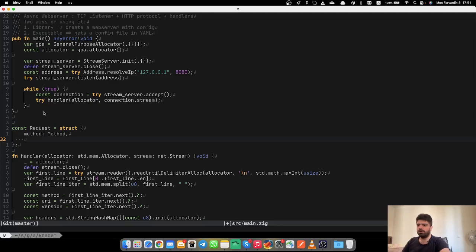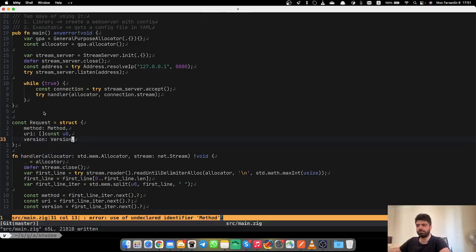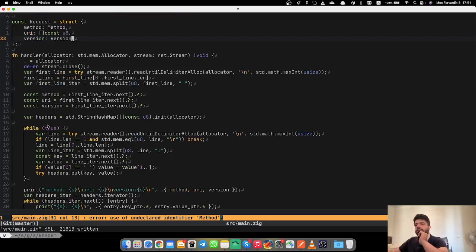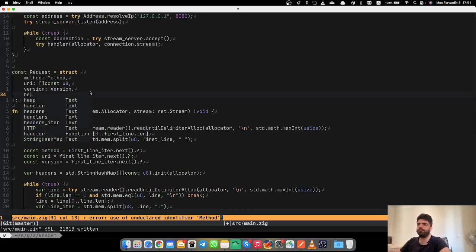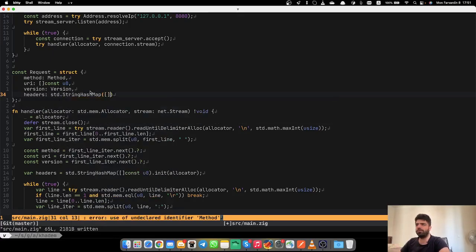It should also have a URI, which is of type string, and a version, which is also an enum, and headers,